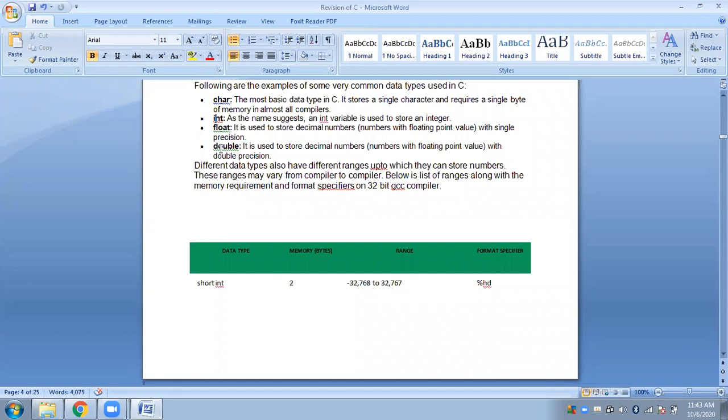We can add some extra words so that we make the size somewhat flexible. Suppose, as I said, int is of 4 bytes, and an integer can be a positive number or a negative number. But suppose I want to store only positive numbers and I don't want any extra space for storing negative numbers. For that you will have to make use of certain words. Or suppose you want to increase the size of integer from 4 bytes to 8 bytes.